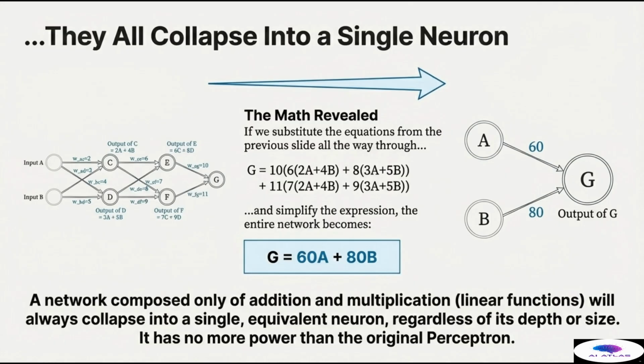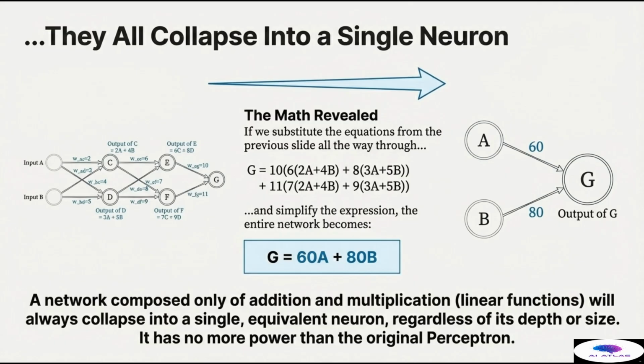G equals 10(6C plus 8D) plus 11(7C plus 9D). G equals 10(6(2A plus 4B) plus 8(3A plus 5B)) plus 11(7(2A plus 4B) plus 9(3A plus 5B)). If you work through the arithmetic, distributing the terms, collecting the A's and collecting the B's,